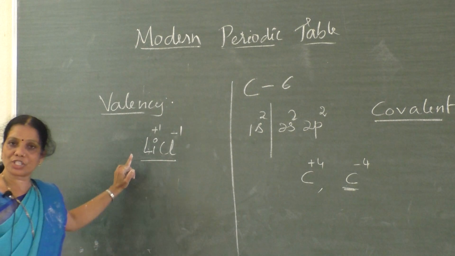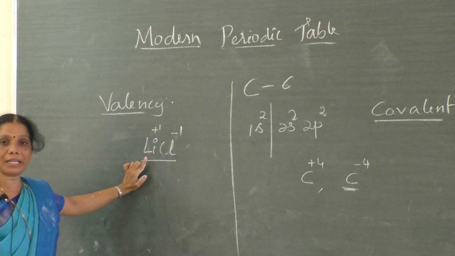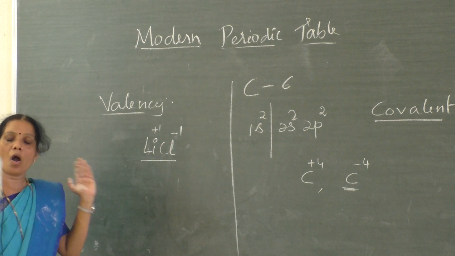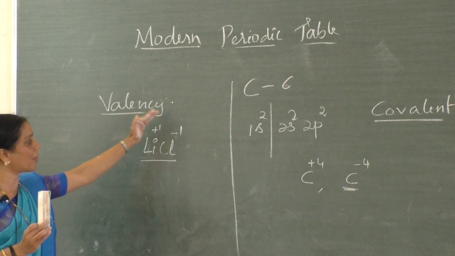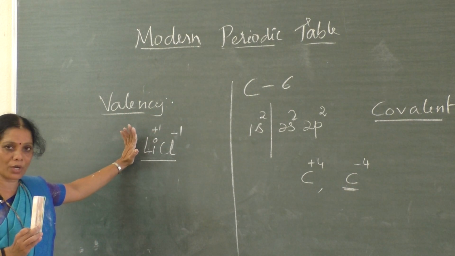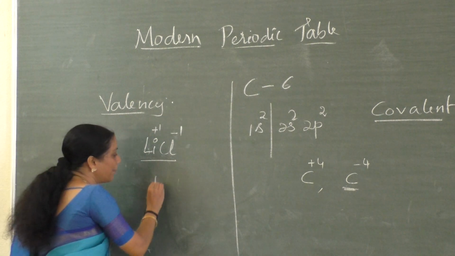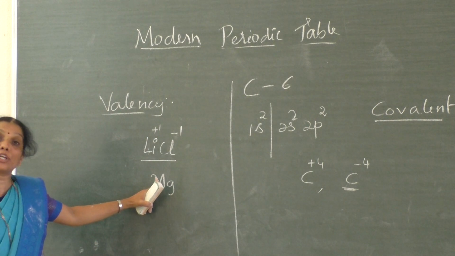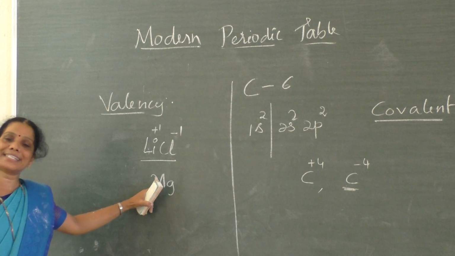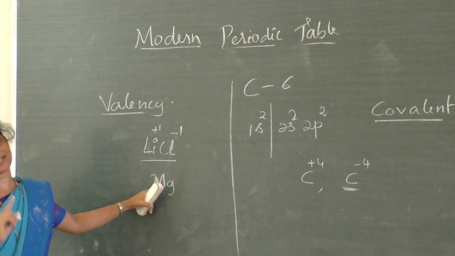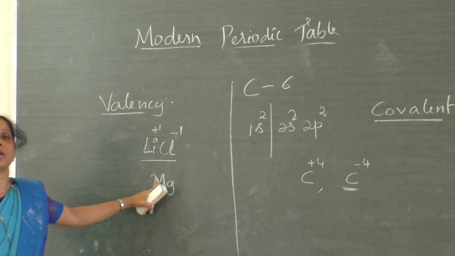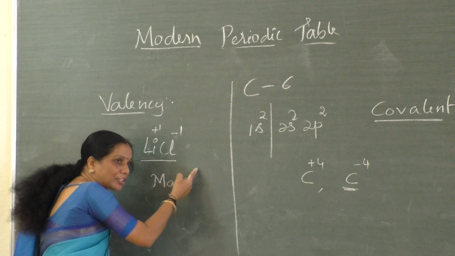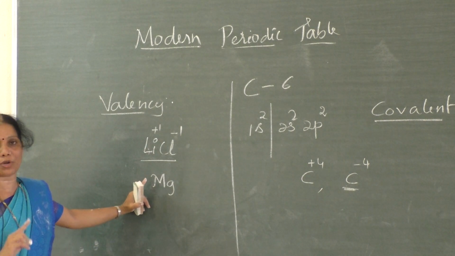See, this compound is not covalent. This compound is completely what? Ionic compound. Loss and gain of electrons always results in the formation of which compound? Ionic compound. Followed? No. If you consider magnesium chloride also, magnesium, how many valence electrons? 2 electrons, isn't it? It has to donate those 2 electrons. Chlorine has a tendency to gain how many electrons? Only 1 electron. Therefore, magnesium, to donate those 2 electrons, combines with how many chlorine atoms?